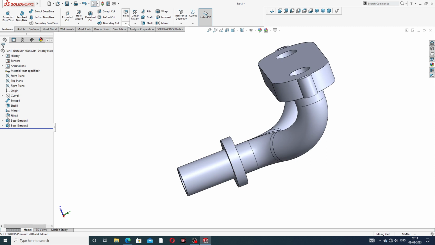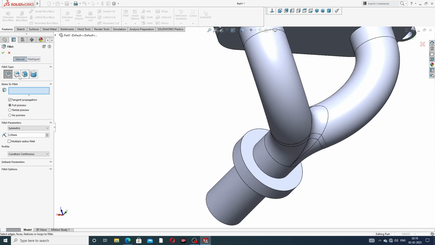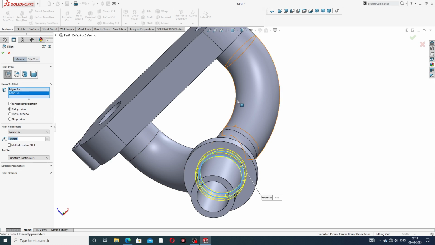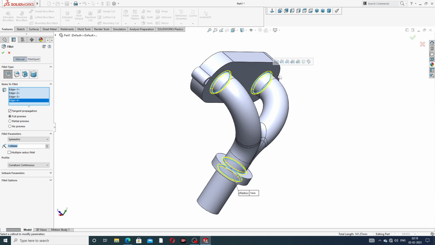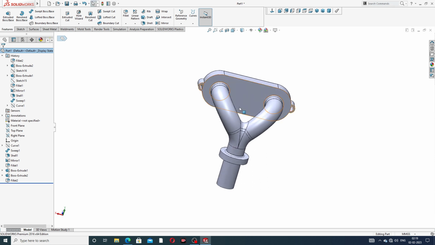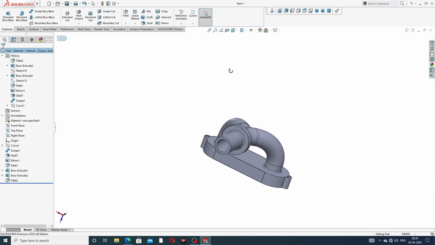And also some fillet is used here, and this is perfect, and 5 millimeter is this, also 1 millimeter is better, and this, and this, and this. Okay, and click OK. Okay, this also uses a fillet here. Okay, and next